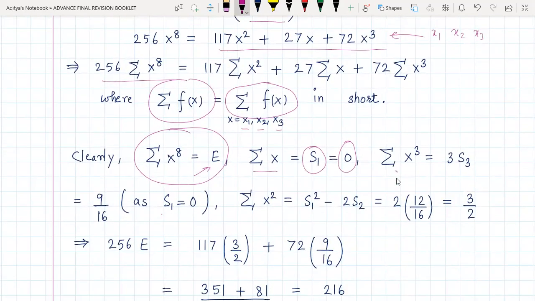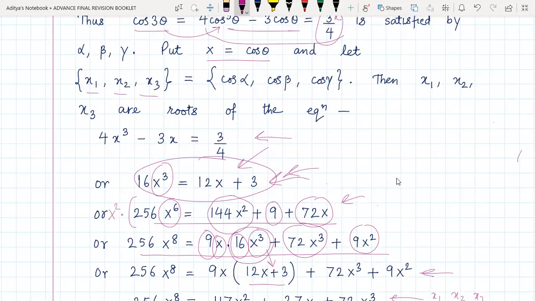So x cube, now look, it would be equal to 3abc, right, or 3 x1 x2 x3, because whenever a plus b plus c is 0, then a cube plus b cube plus c cube would be equal to 3abc, because that is a formula that is very obvious. So a plus b plus c equal to 0 implies a cube plus b cube plus c cube equal to 3abc. So that is exactly what we have used. And of course x1 x2 x3 is nothing but S3.